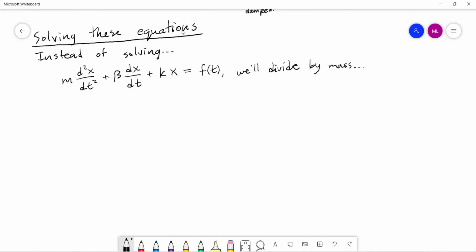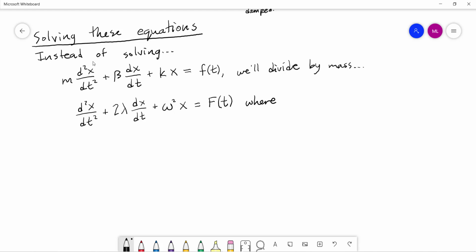And when we divide by the mass, what we'll get is d squared x dt squared plus what I'm going to call 2 lambda times dx dt plus what I'm going to call omega squared. It looks like a little lowercase w. This is the Greek letter omega, and we are squaring it. Omega squared times x equals some new function on the right that I'm going to call capital F of t,